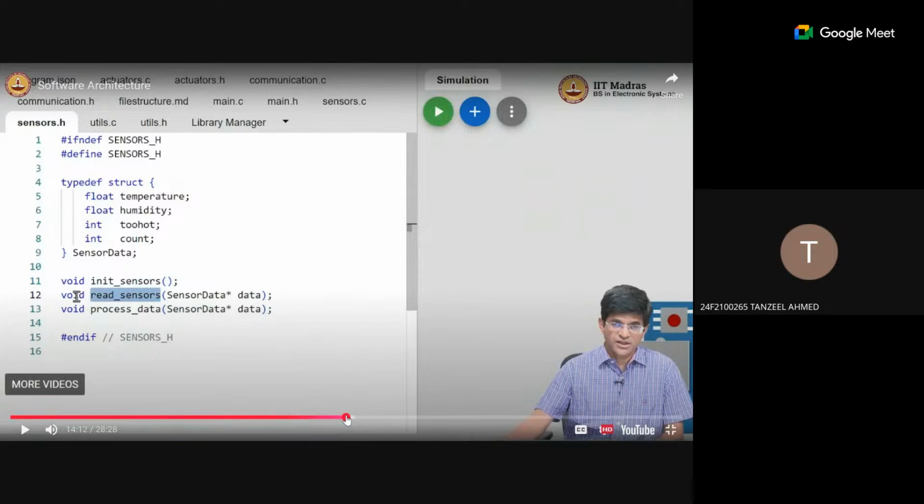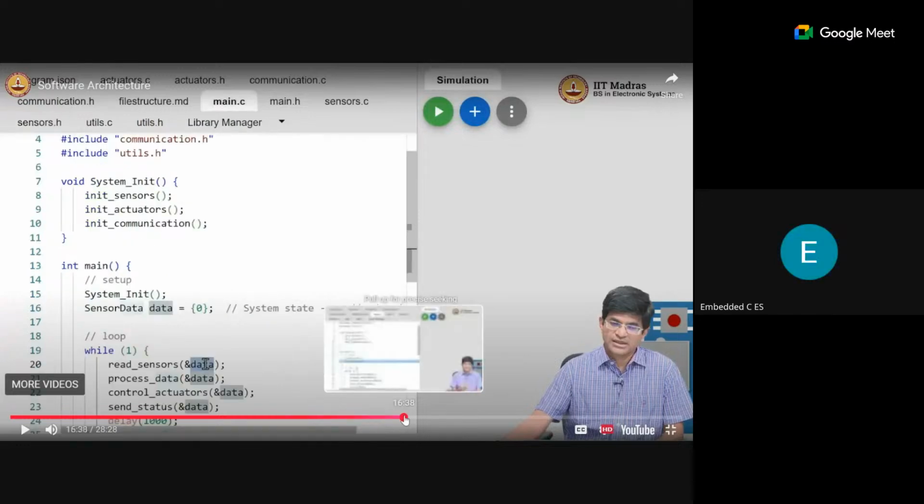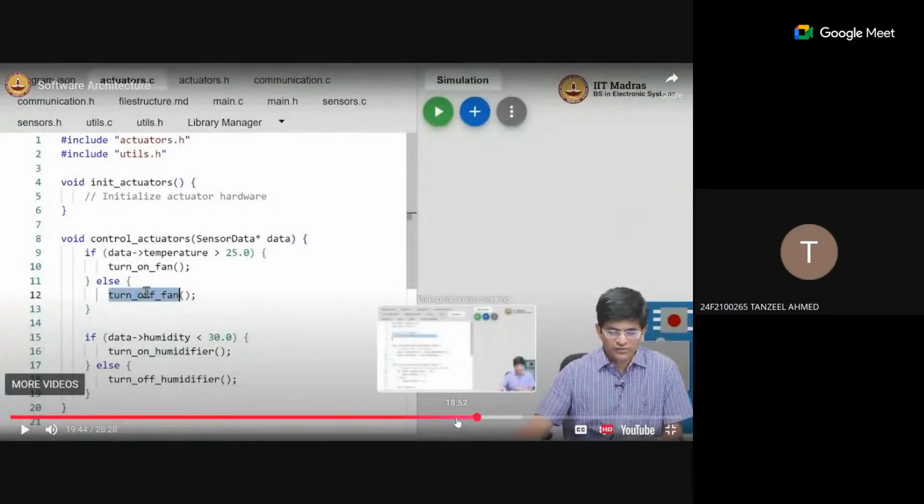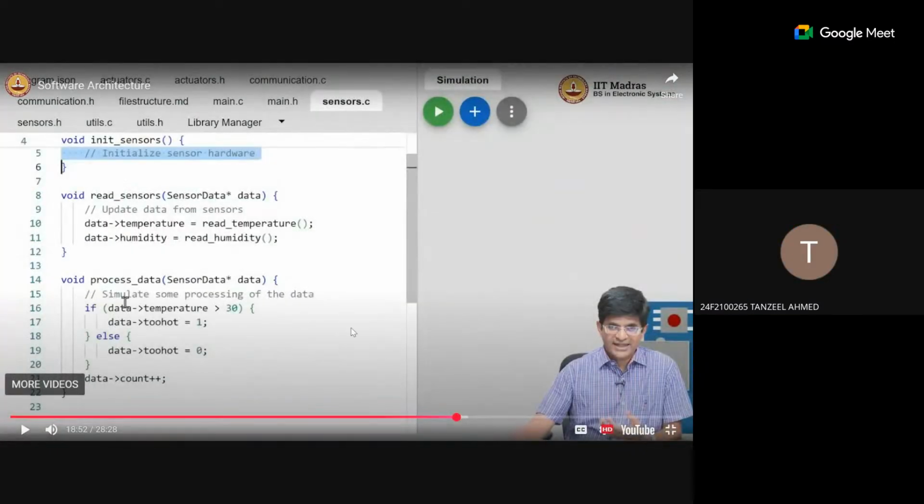Here we have a .h file. This is for the sensors, and what we see here is just the definition of one data type, and then he is calling some functions. And you can see that the functions that he has written, void init sensors, for example, is probably written inside the source file, sensors.c. But how are we calling sensors.c?